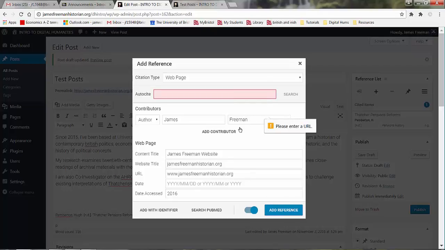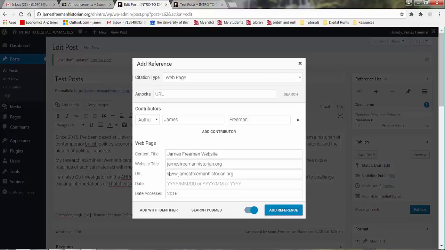It's asking me for obviously the URL, which is important, and that just means it wants a HTTP reference. Yeah, so make sure those are. In fact, you don't actually need to put the HTTP in. The reason it's coming up with the error is because I think I had a space in the box there at the top. So make sure you haven't got anything there, and then just click add,